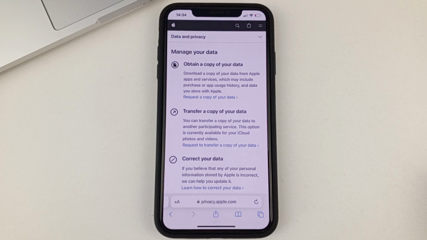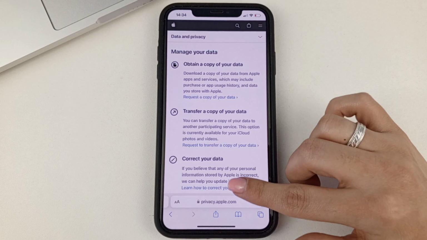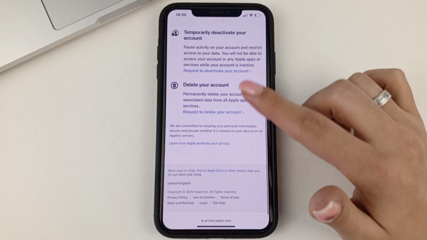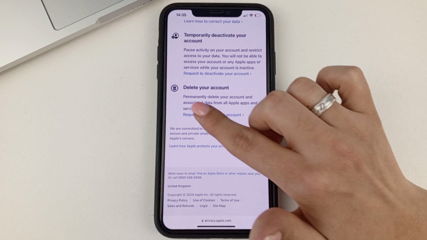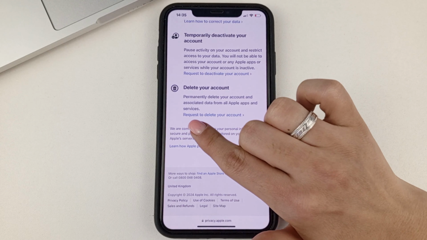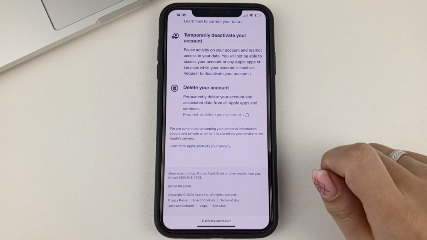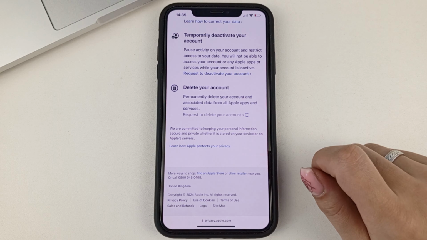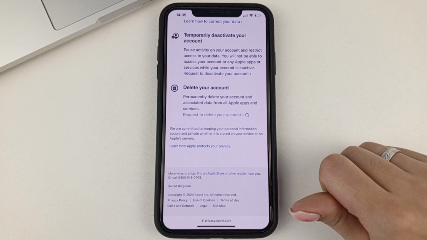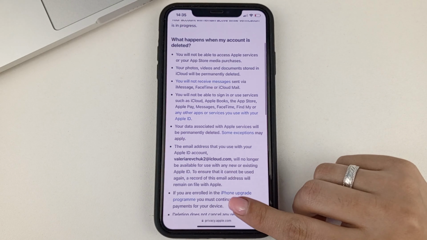Then after you log in, you will be taken to a page like this. Here you need to scroll down to the bottom. Find the subsection Delete Your Account. Then we click on the blue line at the end of that section. Once it has downloaded,